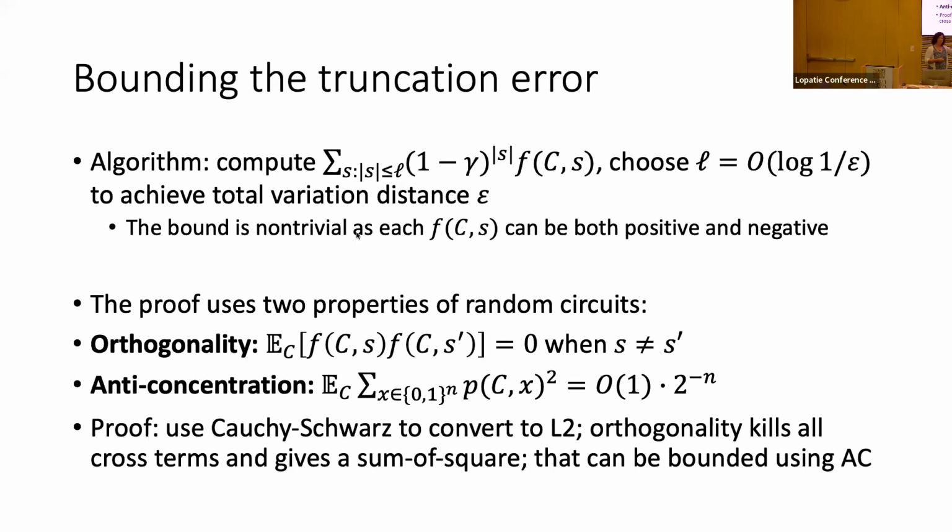because we are averaging over all circuits, it turns out that when you look at the L2 norm of the distance between the two distributions, the cross terms disappear when averaging over the circuits. So you get something which is very classical in a sense. And once those cross terms disappear, you can use anti-concentration, which we assume, to bound the remaining terms. Okay, so